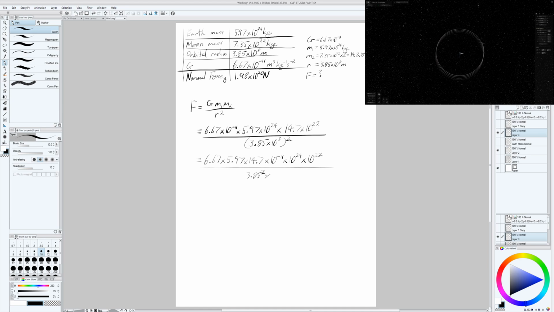So then we have the times 10 to the 8 squared, but if you've got a number to a power and you then put that to a power, you just multiply together the two powers. So in this case, 8 times 2 is 16. And if it's on the top, the powers add together. If it's on the bottom, they subtract. So we end up getting negative 11 plus 24 plus 22 minus 16, which is then equal to, so 24 plus 22,